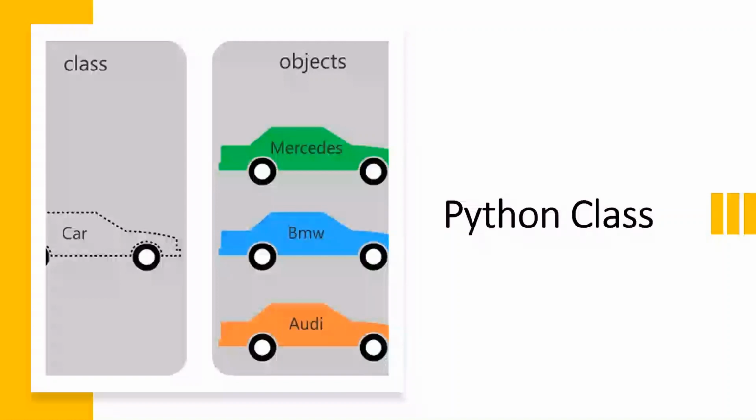A Python object is an instance of a class. It can have its properties and behavior. So let's try to understand Python class with a real world example of a car as shown here. A car is a blueprint that has several properties like engine, tires, battery, fuel, etc. We can create various objects from this car class like Mercedes, BMW, or Audi that will have blueprints from the base class and have engines, tires, battery, etc.